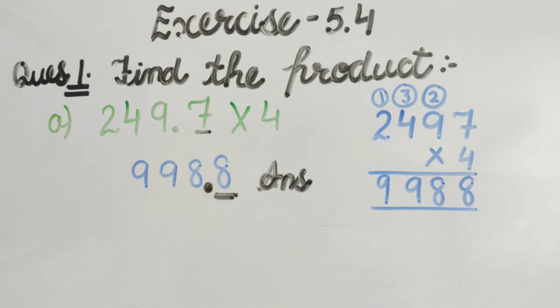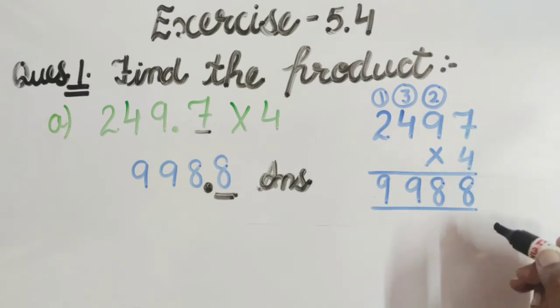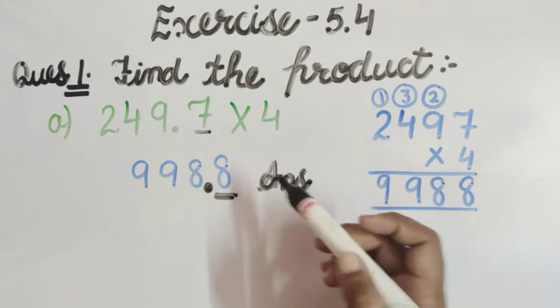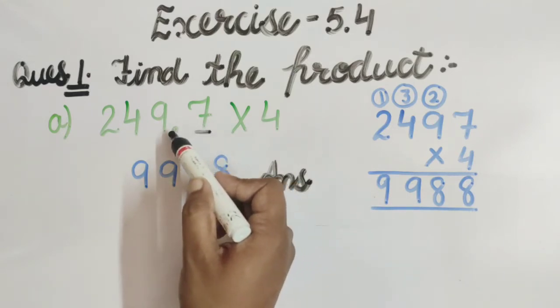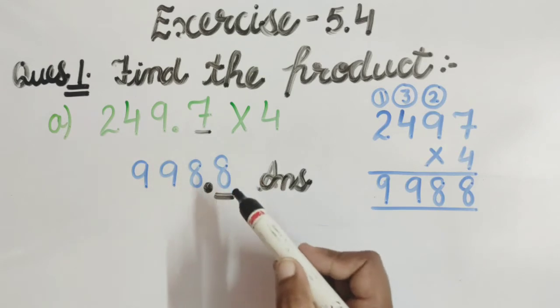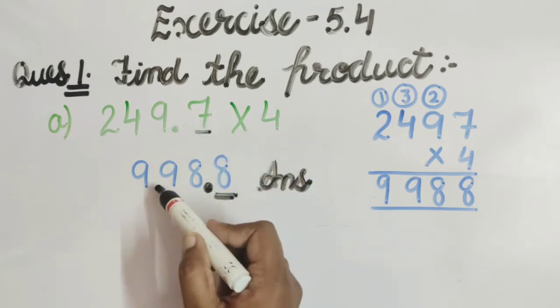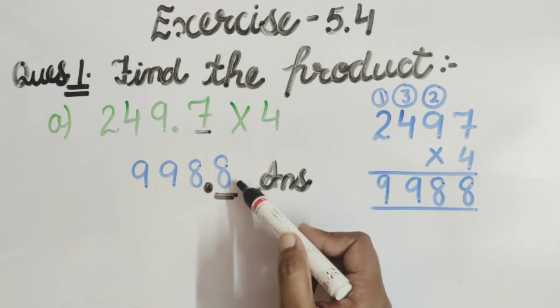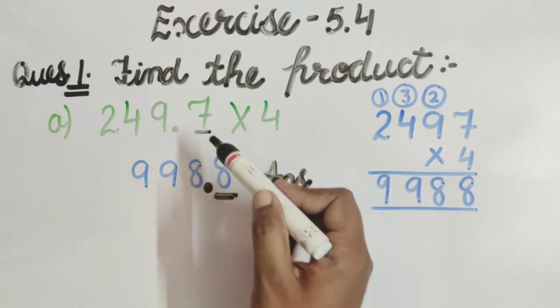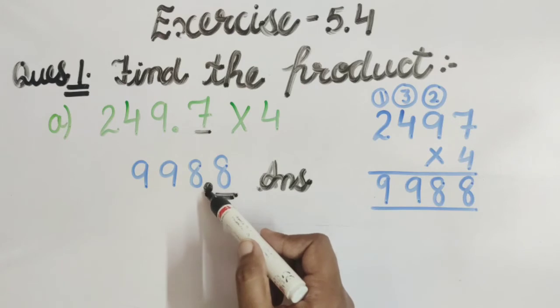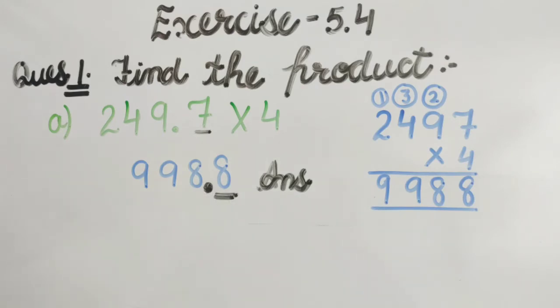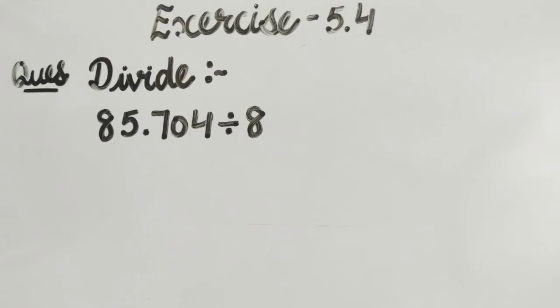I hope this is clear to you all, students, how to multiply in the case of decimals. First step is we have to ignore the decimal. We have to do the normal multiplication. And the last step is we have to check in the question after how many digits the point is there. In the same way in the solution as well, we will count from the last. There is a point after one digit, so in the solution also after one digit we will put a point. Clear, students?